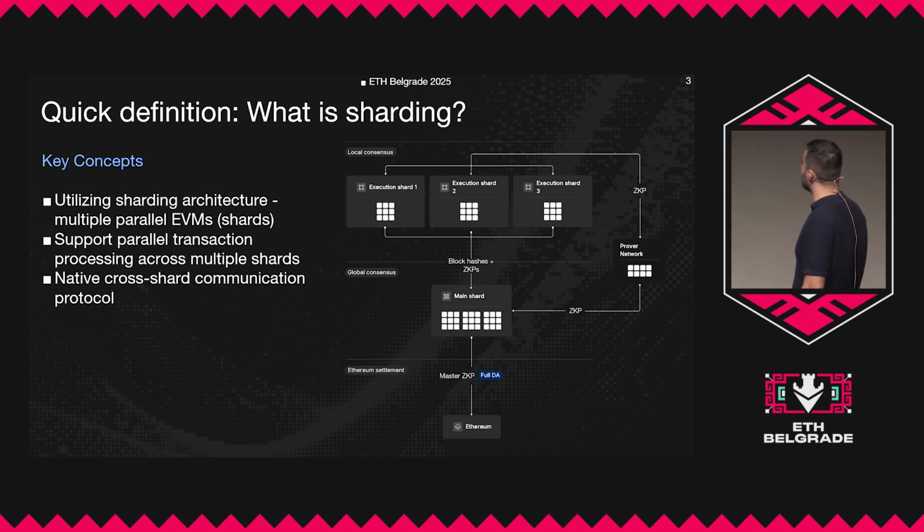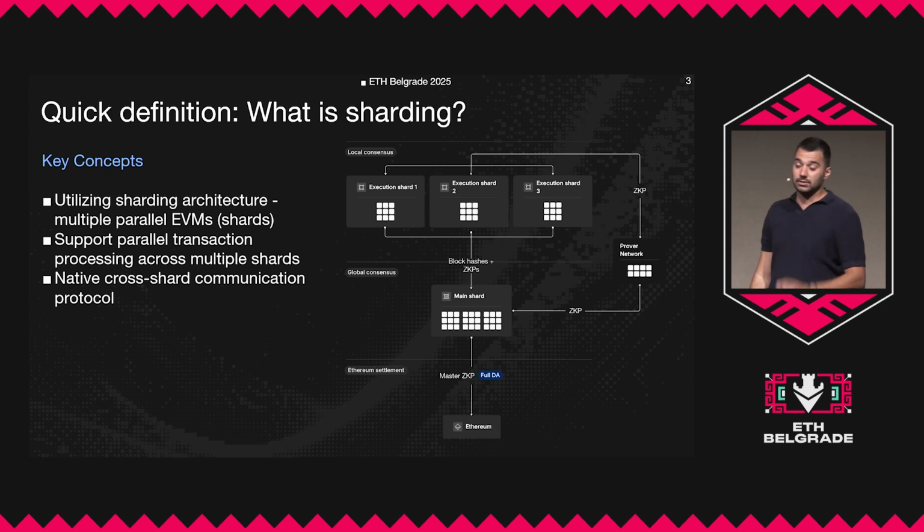If we talk about the benefits of sharding, a few of them are quite obvious. The first is that we increase the throughput. This is something we started doing in the past couple of years, from when we decided to scale Ethereum. We first tried side chains, then plasma chains, rollups, optimistic rollups, ZK rollups, native rollups, now even ultrasound rollups. Throughput is how many transactions your environment can handle. We have a parameter called TPS, transactions per second, which is how many transactions your VM can take from the pool and execute. Here, as we have more executions, we can process many more transactions because we have more blocks built in the same time.